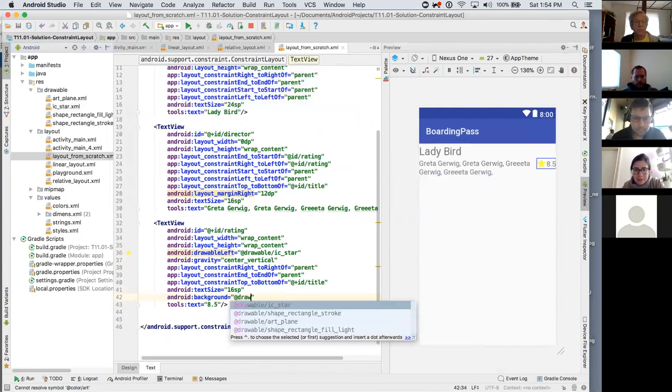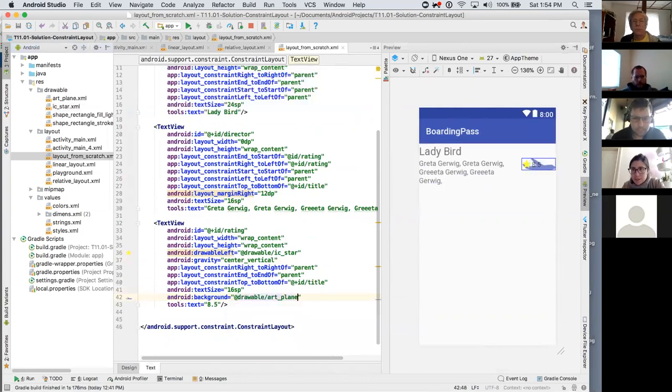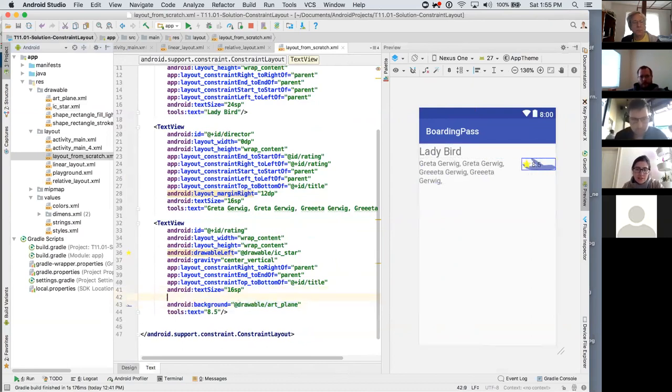It's a drawable now, and it's the plane. Doesn't look good right now because it makes no sense. But you can see that you could literally have an image button, and if you design this well, it hopefully would look good. But yeah, so text views can have backgrounds, and they can have the side drawables, and then you can also, because you can say something like padding is 10,